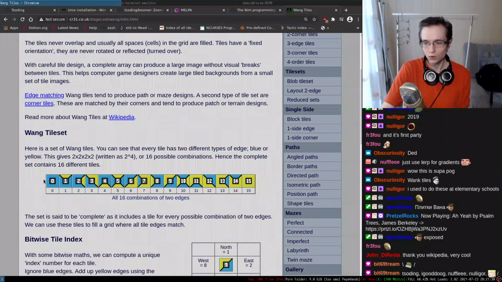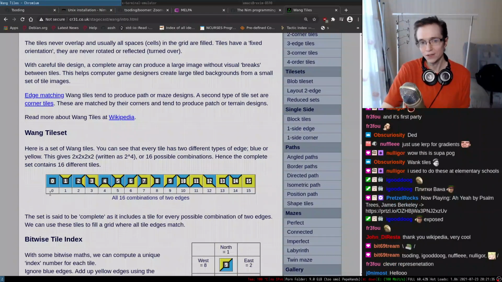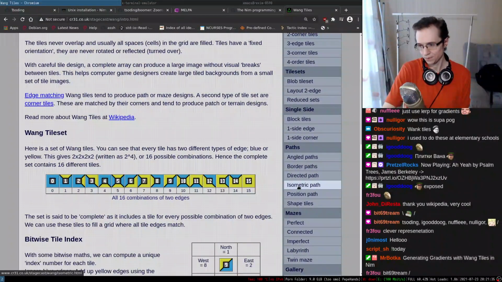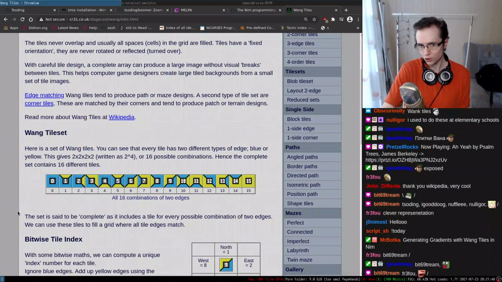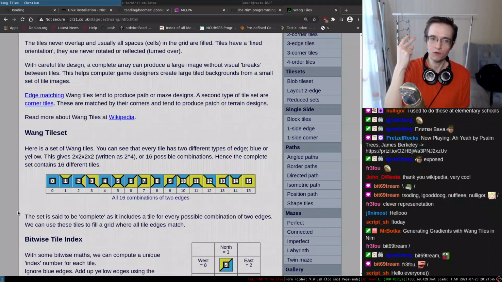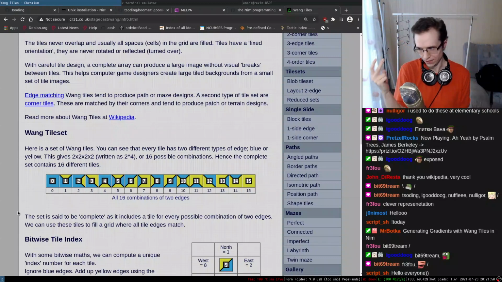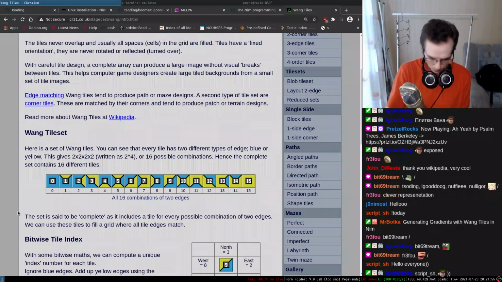So if you cover all of the possible combinations of bits, you're going to have 16 tiles. Right, you're going to have 16 tiles in this specific configuration. In the configuration of using sides and having 2 colors, this is going to be called a full set of Wang tiles. As far as I know, it's a full set. And you know what's cool about it?